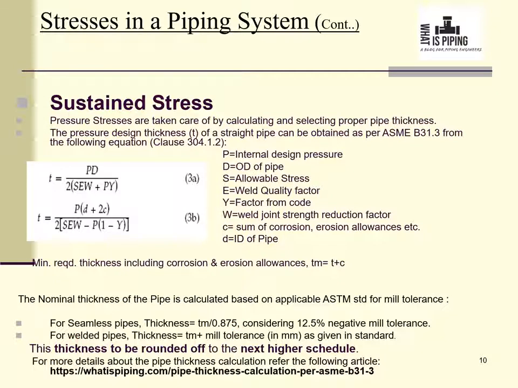And for welded pipes, various standards provide various values. Normally 0.3 mm is the standard value. So that value we have to add with this Tm to get the actual required thickness. Now, as the pipes are designed based on standard schedules or standard thicknesses, we have to select the next higher schedule